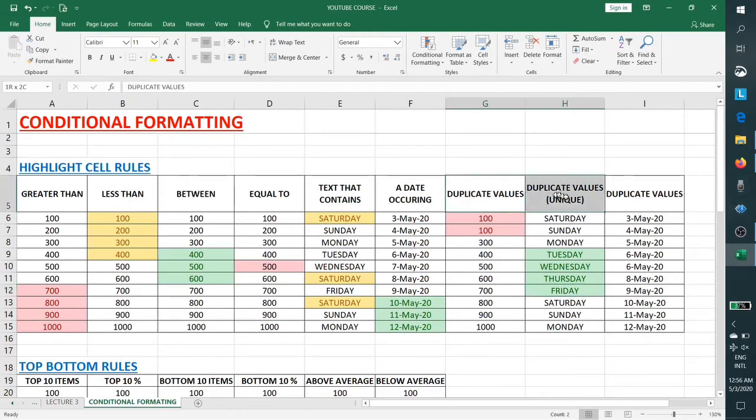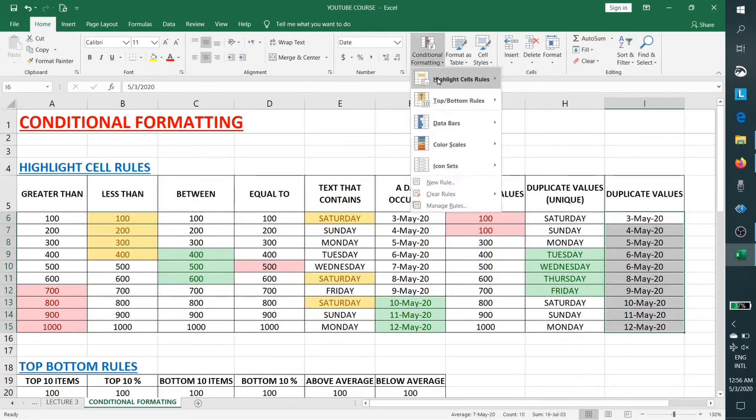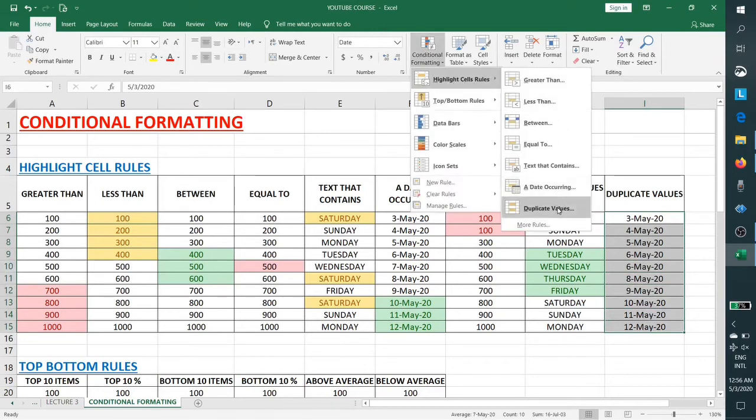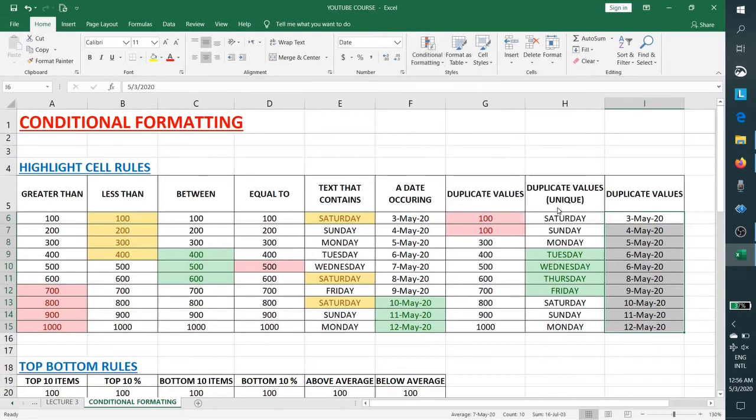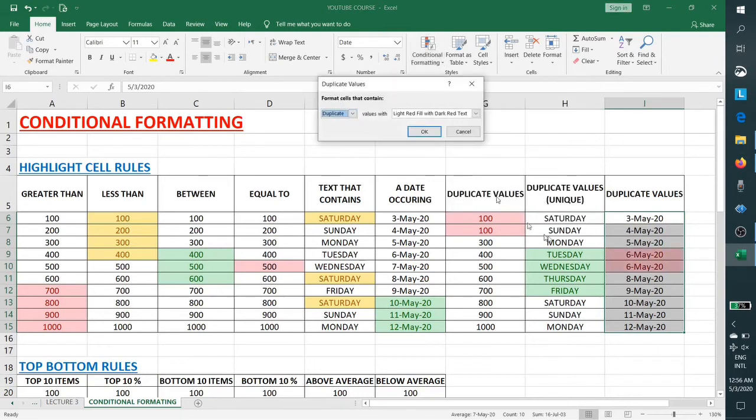So these three columns I've made for the duplicate values with numbering, with days and with the date, so that you can easily understand how duplicate values work. Let us try duplicate values on the dates. So we have two duplicate values here, 6 May 2020.